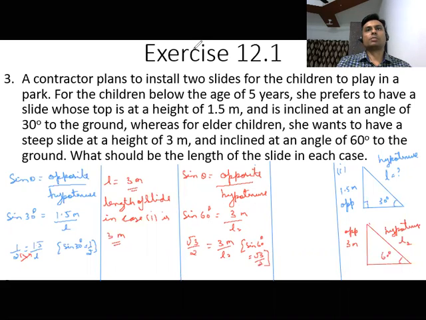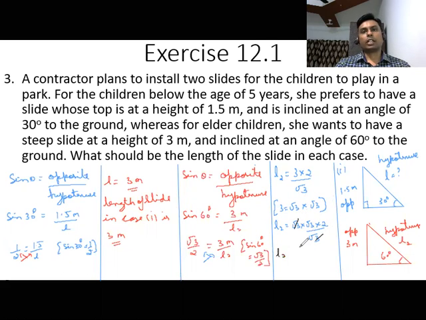Now again start our cross multiplication. Take L2 on top, 2 and root 3, bring it down. I'm left out with L2 is equal to 3 into 2 by root 3. Now root 3, I remember like the previous numerical, I can write 3 is equal to root 3 into root 3. So what is L2 now? Root 3 into root 3 into 2 divided by root 3. So 1 root 3 will get cancelled. I got L2 as 2 root 3.